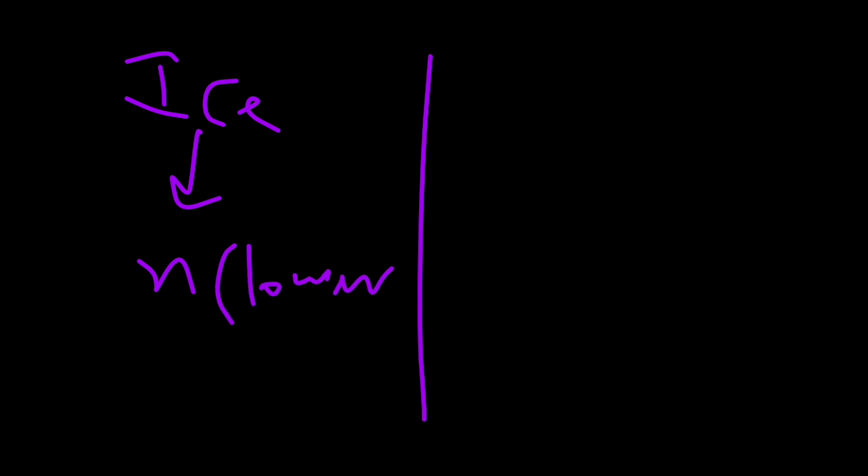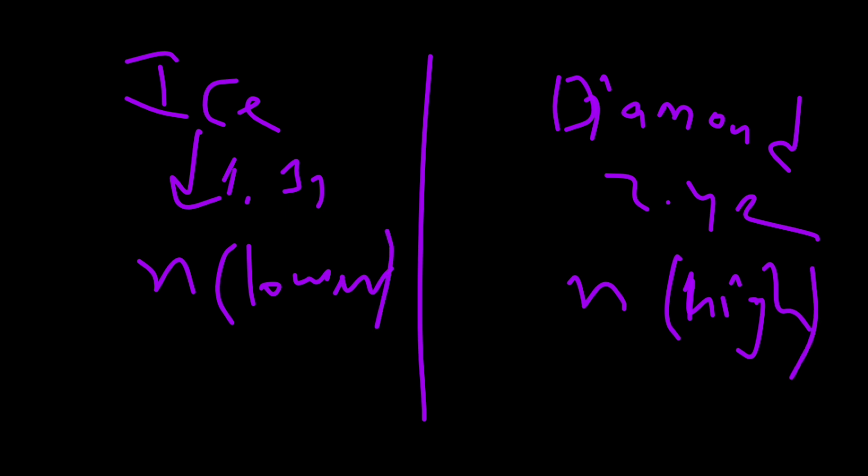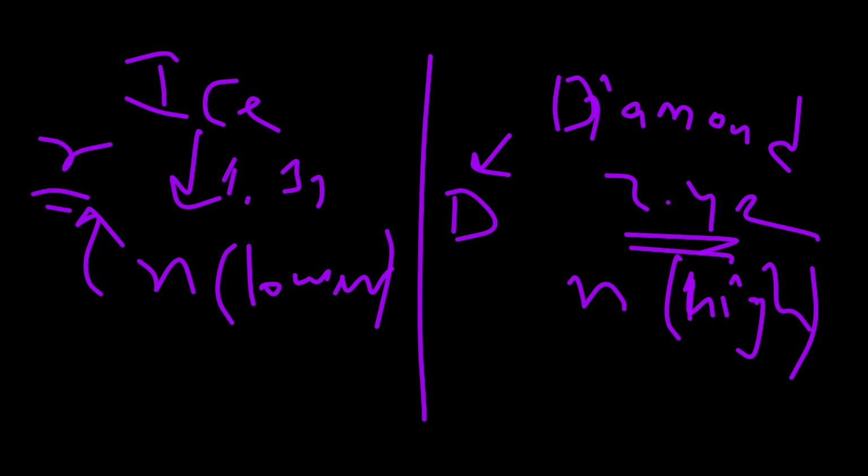diamond medium, which means the n value is lower in ice, and the n value is higher in diamond. So diamond refractive index value is 2.42. You need to remember it. Ice refractive index is 1.31. So which is a denser medium, which is a rarer medium? By looking at the refractive index value, you could easily say if it has a higher refractive index value, then that medium is the denser medium. If it has a lower refractive index value, then it is called a rarer medium. It just depends on it.